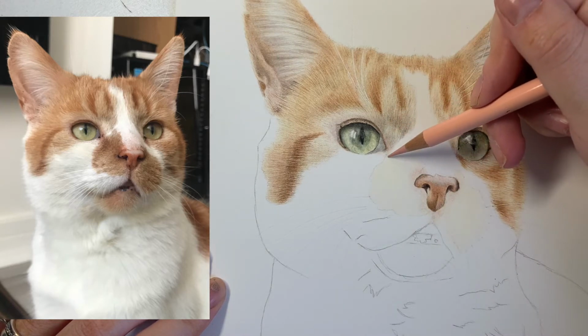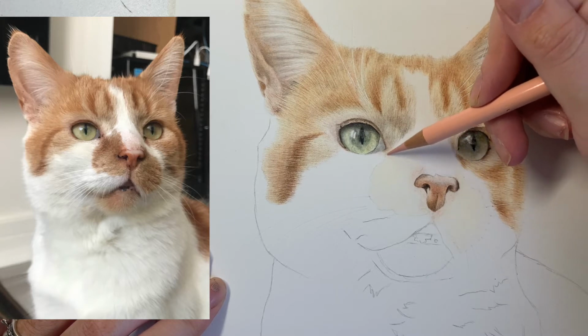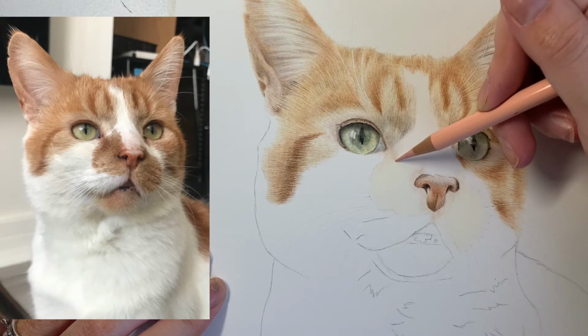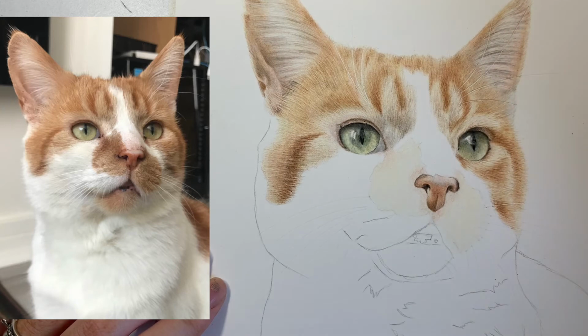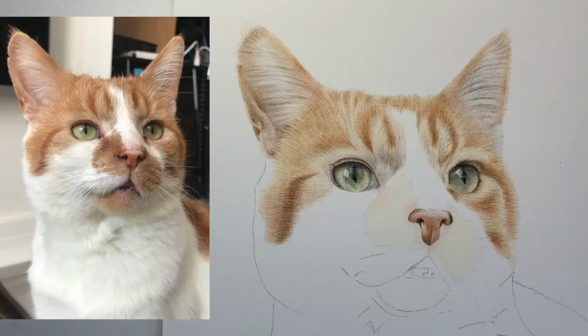I'm going to do a little bit up near the eye as well, because this bit of ginger fur here pretty much meets with the edge of the eye here. So a bit of pink for the skin would be perfect. Now that I've got the cream and the pink down, I'm going to start marking out some slightly more golden